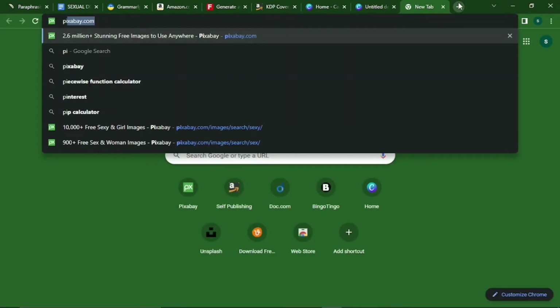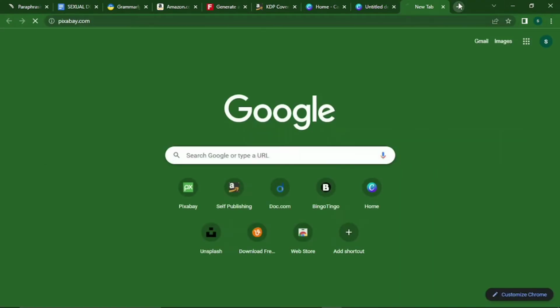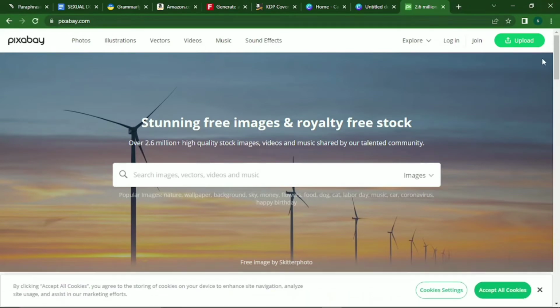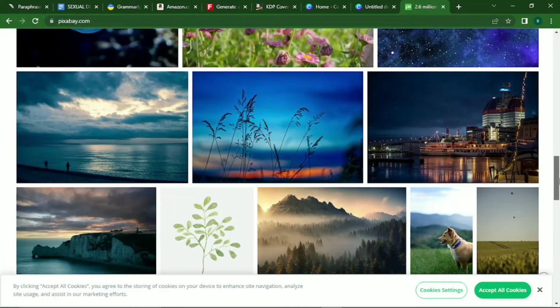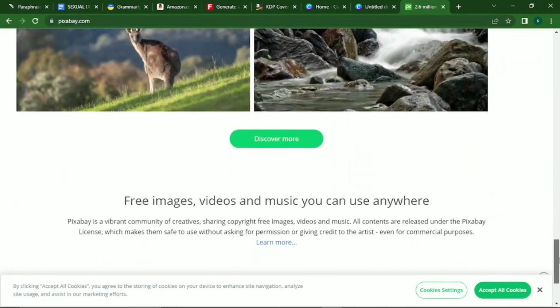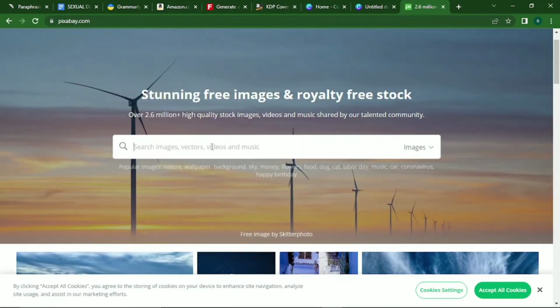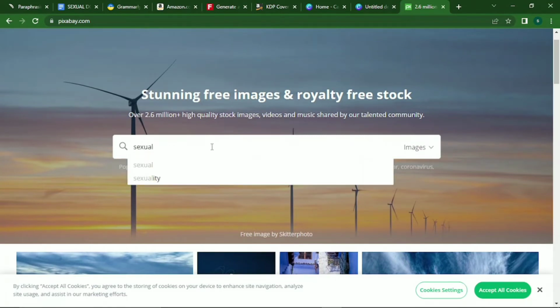So now this is what I talked about, pixabay.com. I'm going to come here to search for photos that I want to use for the front page of my book. Once I'm here, I can just type in anything related to my book. So once I open this,